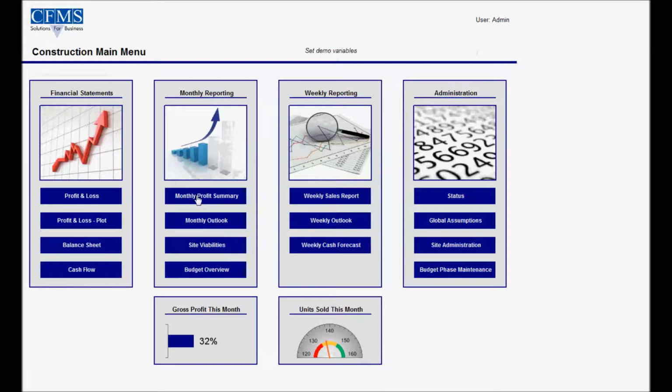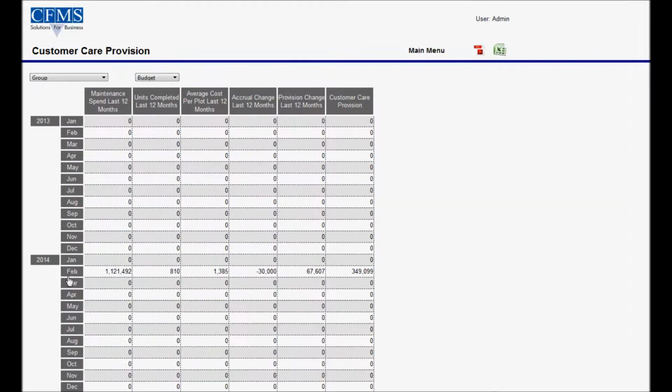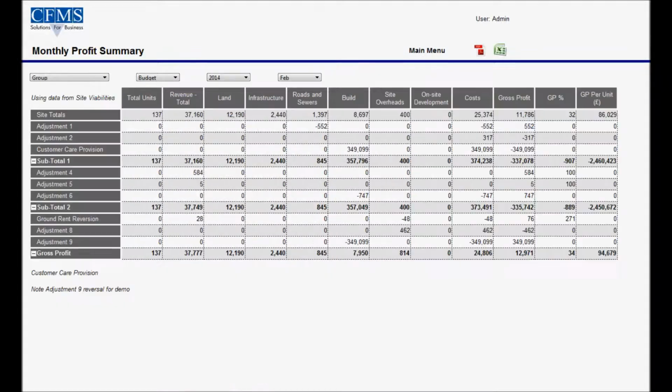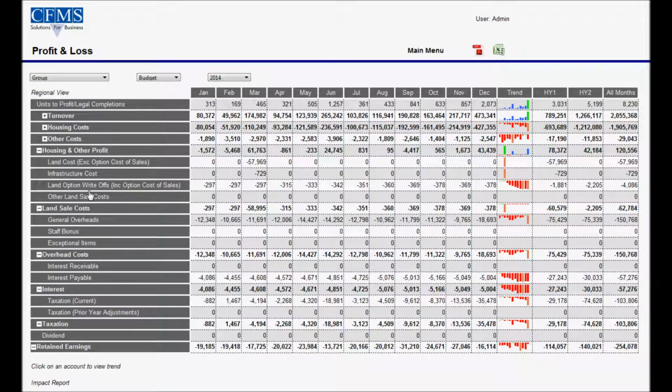If required, a facility to layer adjustments can be made available. In this case, for example, we calculate customer care provision, displayed here, and apply that to the numbers at any level that we wish. All of this information is automatically pulled together and calculations and assumptions applied to form a full set of financial